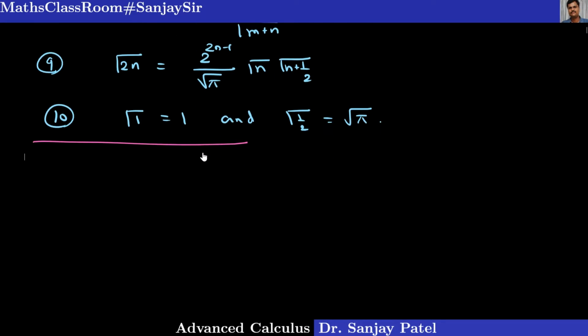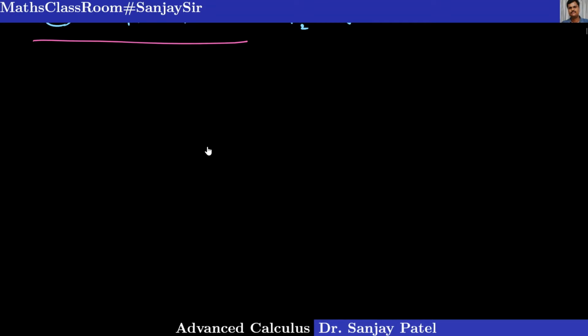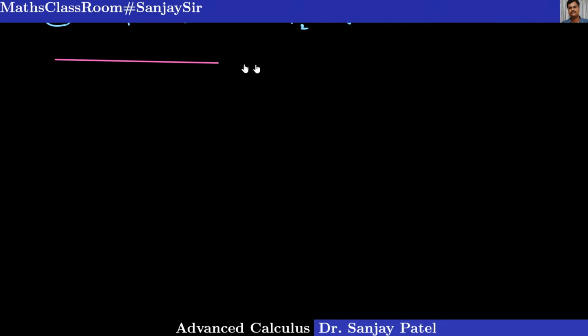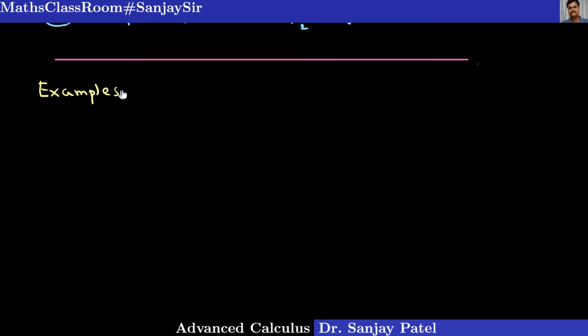So let us start with the first problem. Fine. So now I am going to solve problems of beta and gamma functions. The first one: prove that